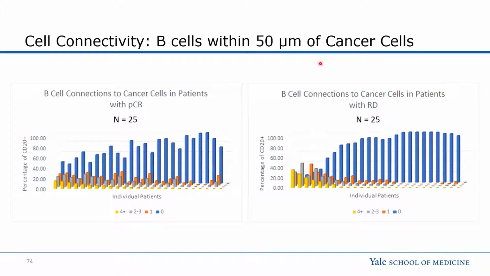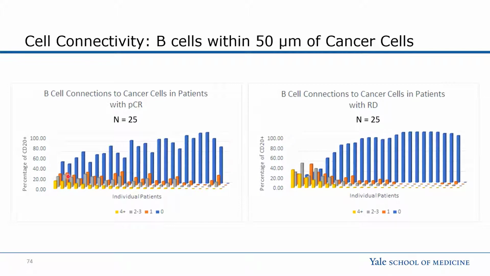And so what does this look like for our entire cohort? So as we look for these B cells, we see that the majority of our cells, regardless of whether these patients had a very nice response to therapy or whether they had residual disease, are not within the 50 micron distance of a cancer cell. But those that are,